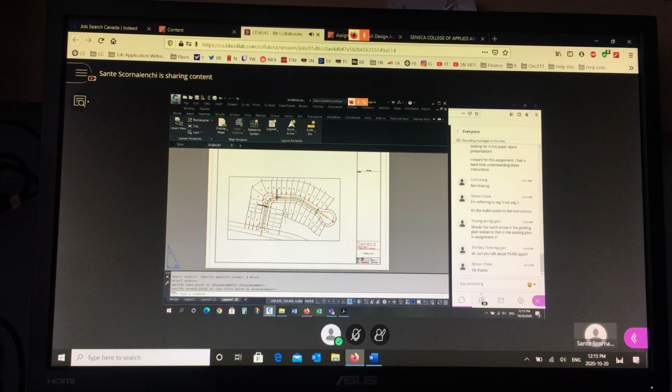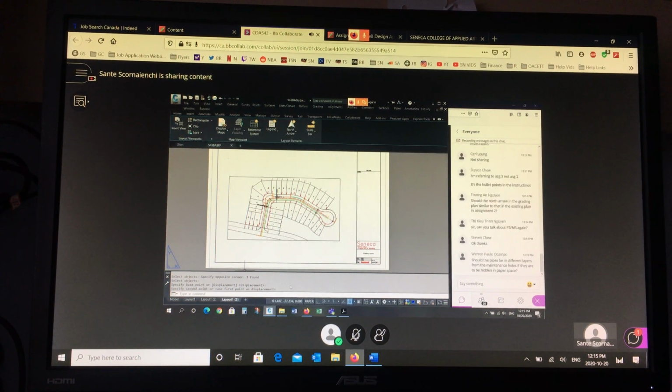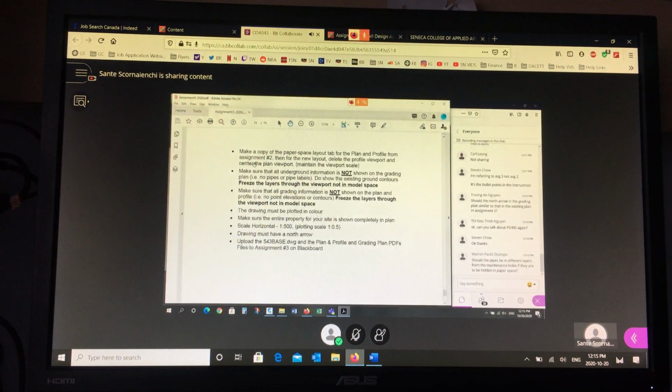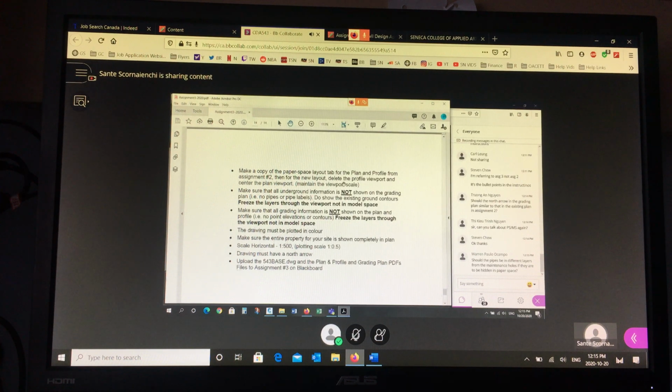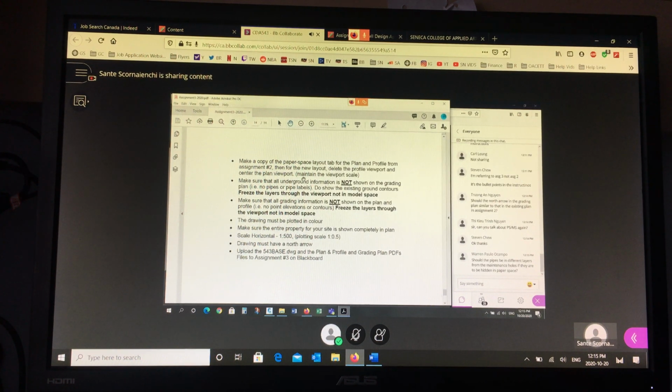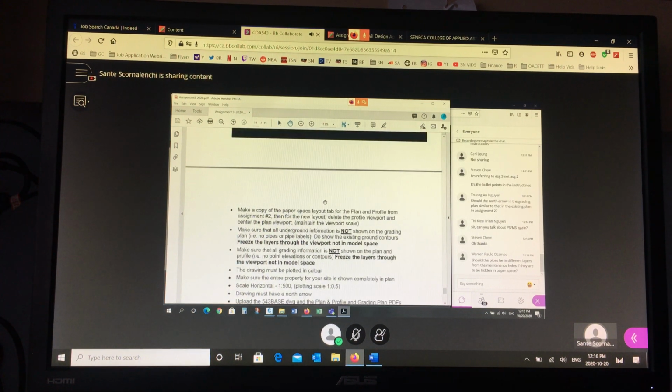And then in this view, you shouldn't see anything underground, only your point information and your existing ground contours, but we'll get to that. I think the PDF shows that. Right, so make a copy of the Paperspace layout the way I showed, then for the layout view, delete the profile, maintain the viewport scale, make sure all underground information is not showing on the grading plan, no pipes, no pipe labels, do not show the existing ground, do show the existing ground contours, so you want to see the existing ground contours, and I think there's something in here about,